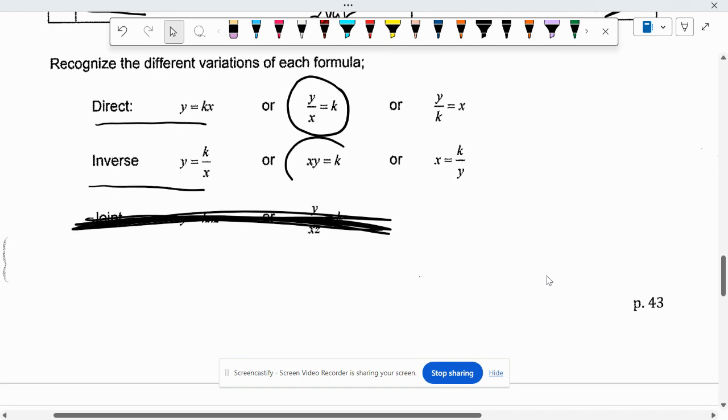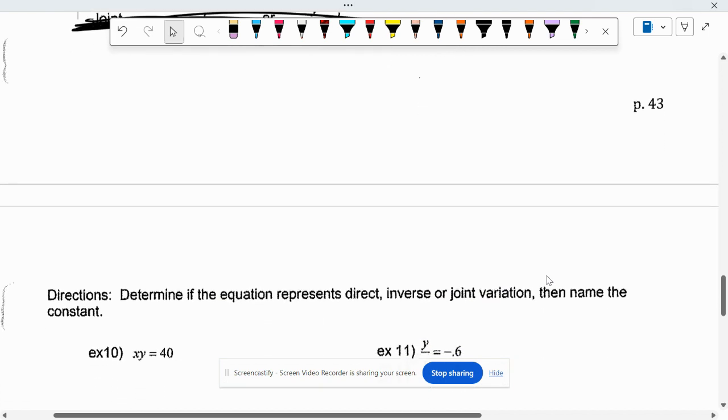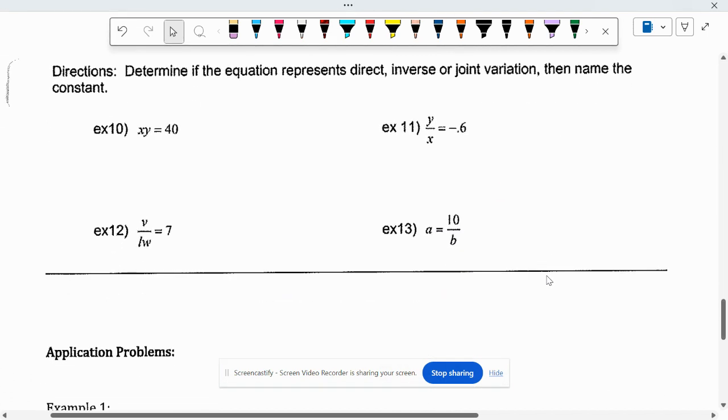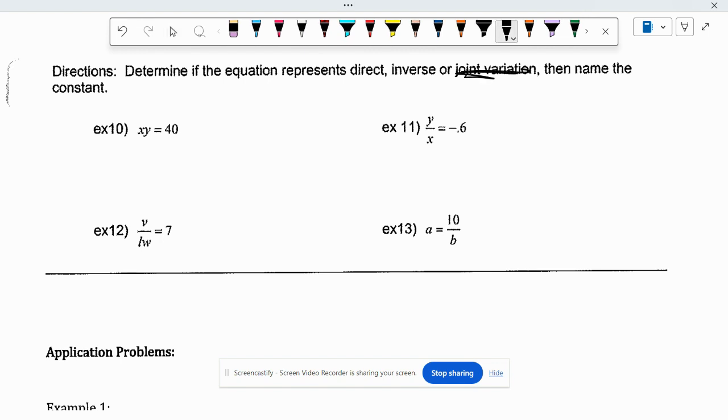Okay, just checking. So if you flip over to page 44, I'm just going to do these first 4, and then I'm going to do some of your homework problems because I think we should. It says determine if the equation represents direct or inverse, because remember, we're not doing joint variation. So think about your variations. We know that when we do